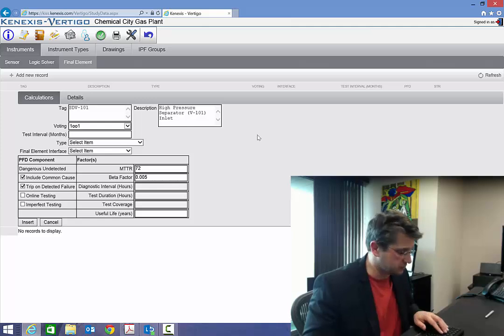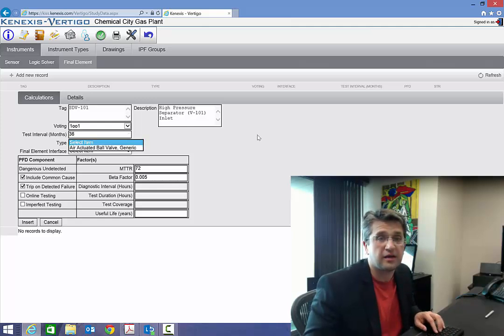It's a single device. We're going to test it 36 months again. And for an interface device, I'm sorry, the device itself is an air actuated ball valve, and our interface device is a 3-way generic SOV. And then we can put in the same information about online testing, imperfect testing. In this case,